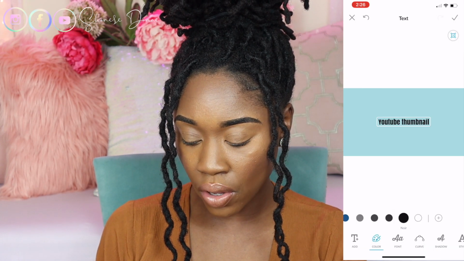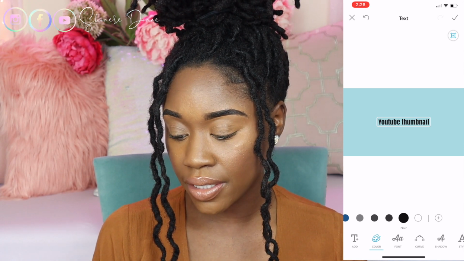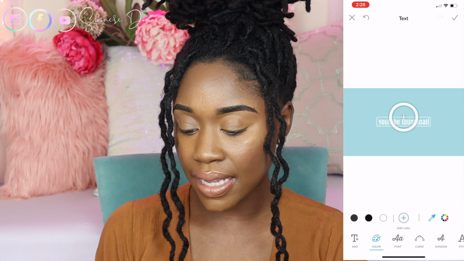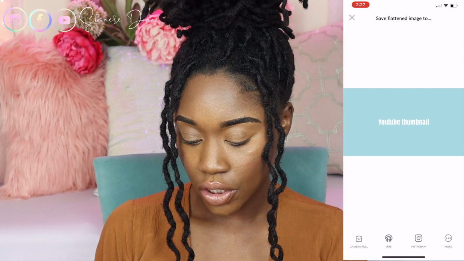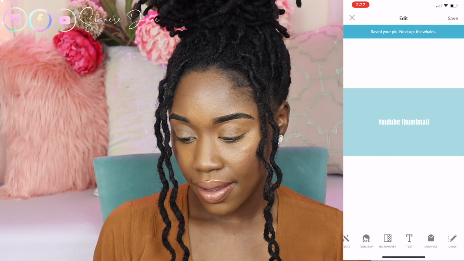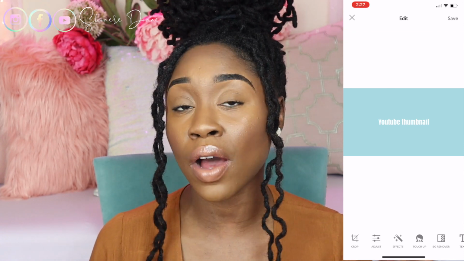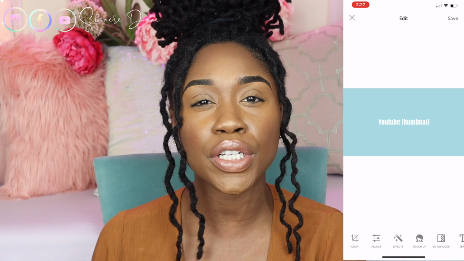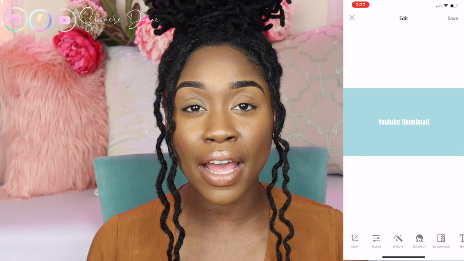And you can also go ahead and add a picture as well. You can change the font colors if you wanted to, and all of these things is what I absolutely love about this app. So if you wanted to add a picture on here, you can, but for time's sake, I'm going to jump back into another app that you guys can use because I kind of want to show you guys a little bit about all the apps that you can use for your thumbnail without, you know, talking too much. Okay, so the next app that we're going to go into would be Baazart, and Baazart hands down is